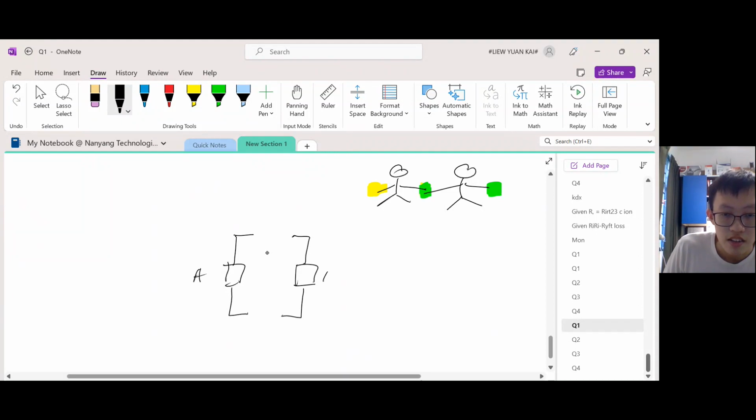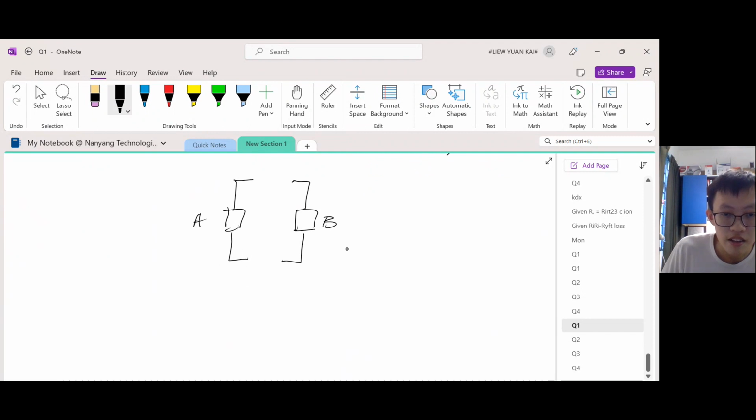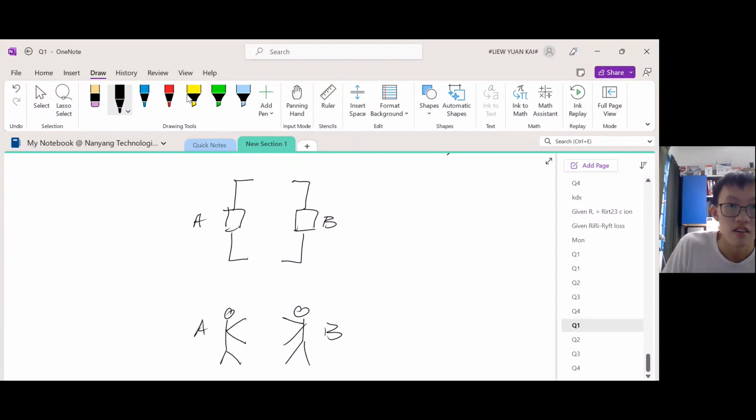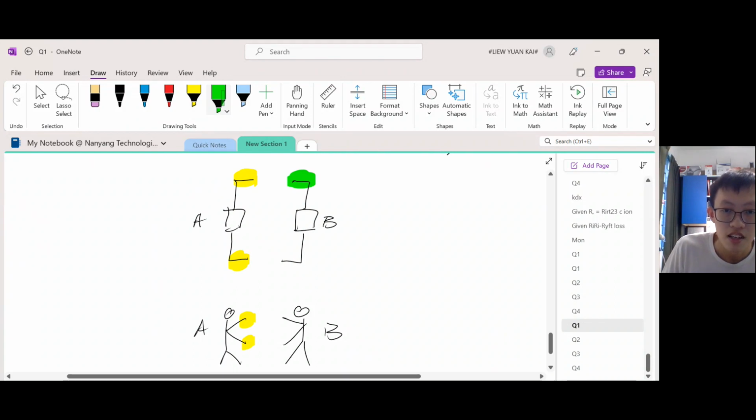This is resistor A, resistor B, and then we have here the two hands, person A and person B. So the two terminals are the two hands of A. The two terminals are the two hands of B. So if they're connected by both hands together,